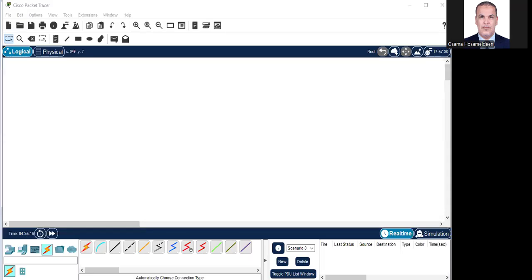Okay, so today we are going to talk about a very important subject, which is the binary and hexadecimal representation in packet tracer. Okay, so in general, when we want to make an address for any device, so for example, if we have